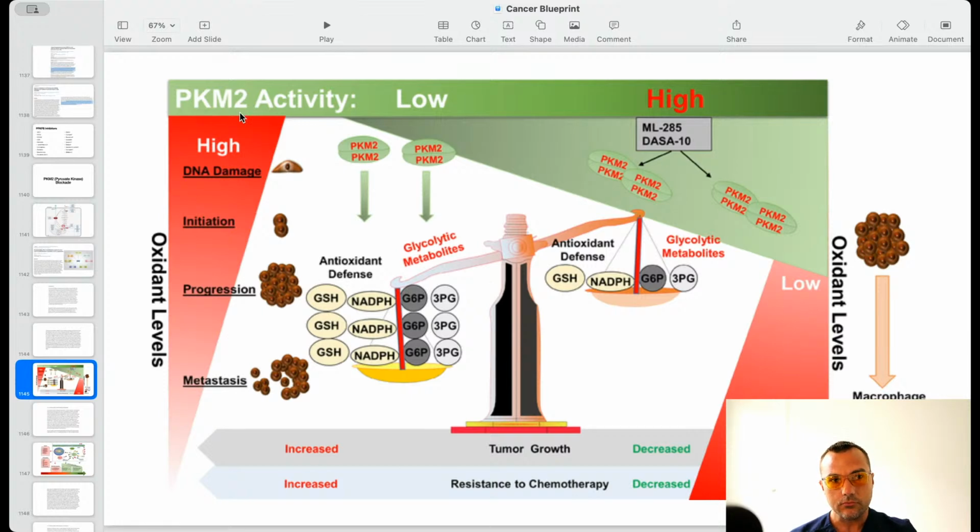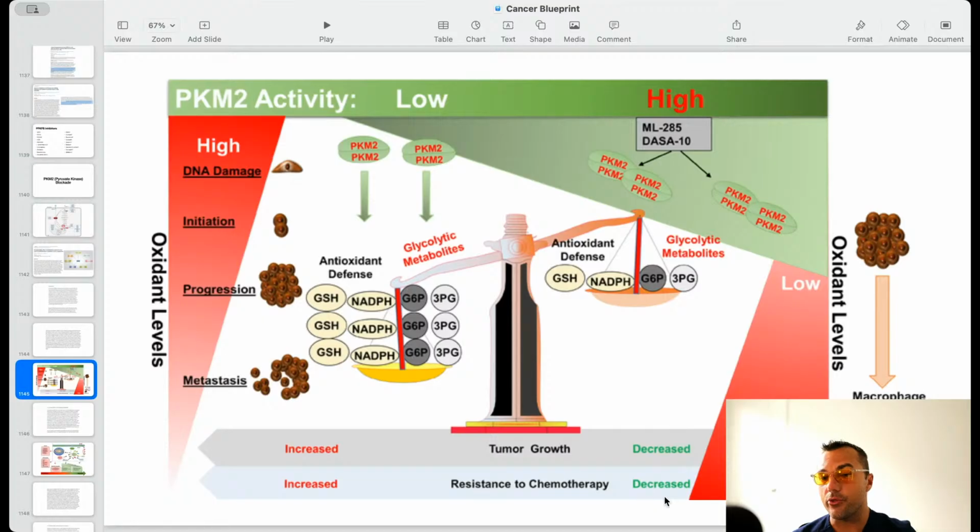So when PK activity is low, that means it's shunting all of the glucose towards antioxidant defense. And if PKM2 is high, that means it's bringing all the glucose towards lactate and towards pyruvate and energy production, and that leaves the cancer more sensitive to redox stress. This is a confusing graphic, to be honest with you, but as oxidant levels increase, tumor growth is suppressed,